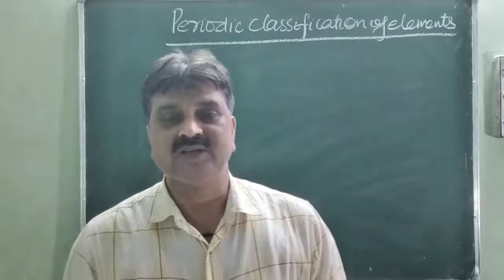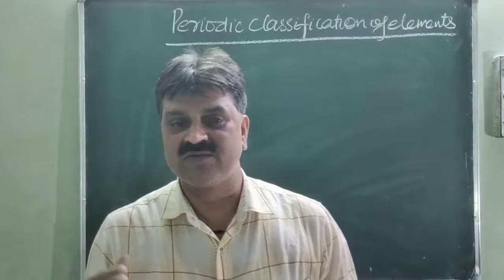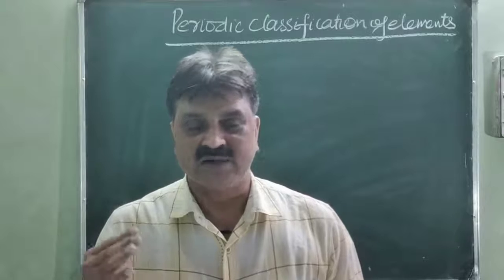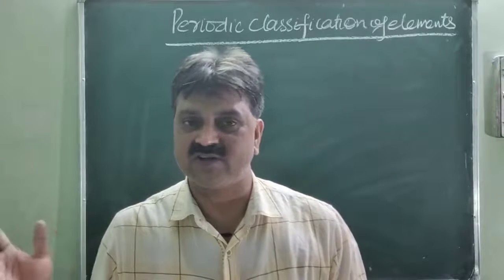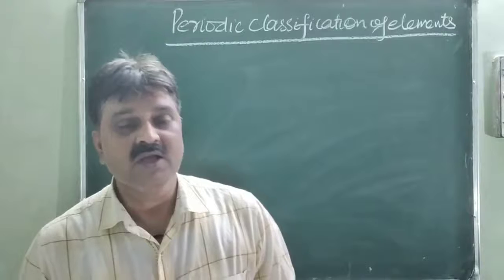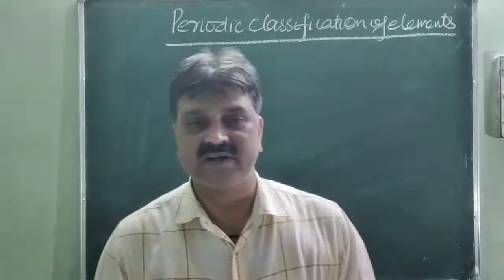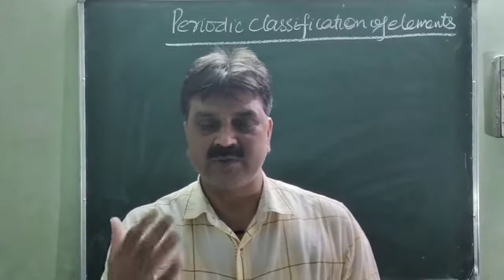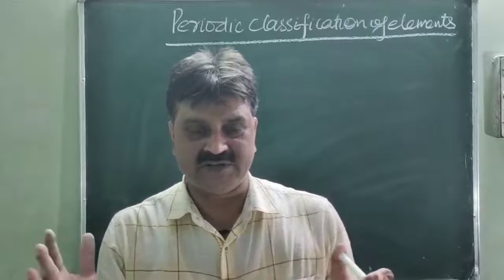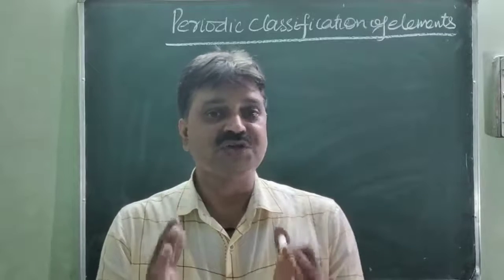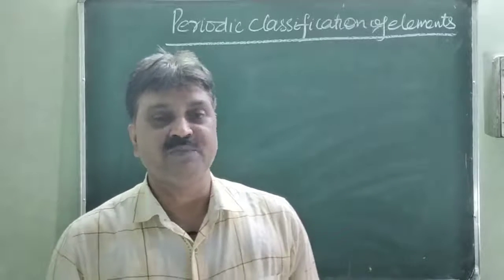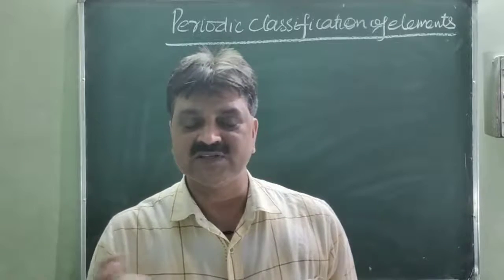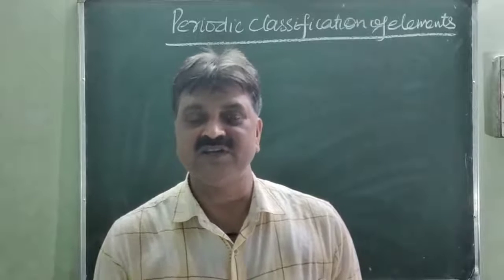Valency increases from 1 to 4 followed by a decrease from 3 to 1 and 0 in the separate group, that is from left to right across the period. Metallic character increases from top to bottom because metals have the tendency to lose electrons, and coming from top to bottom the size of the atom increases. So the distance between nucleus and valence electron increases, meaning less force of attraction between them. So it is very easy to release the electron, which means losing tendency increases.